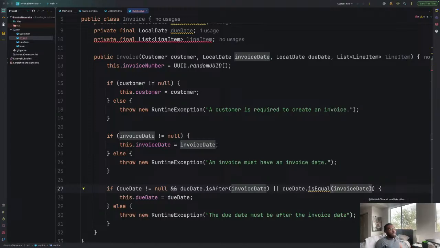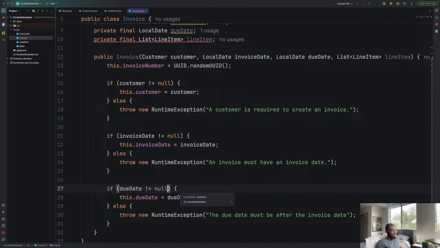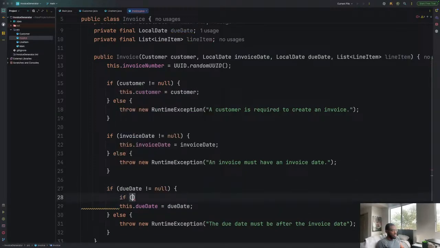Maybe it's the timing of it. So let's do it like this. Let's do this. And then if